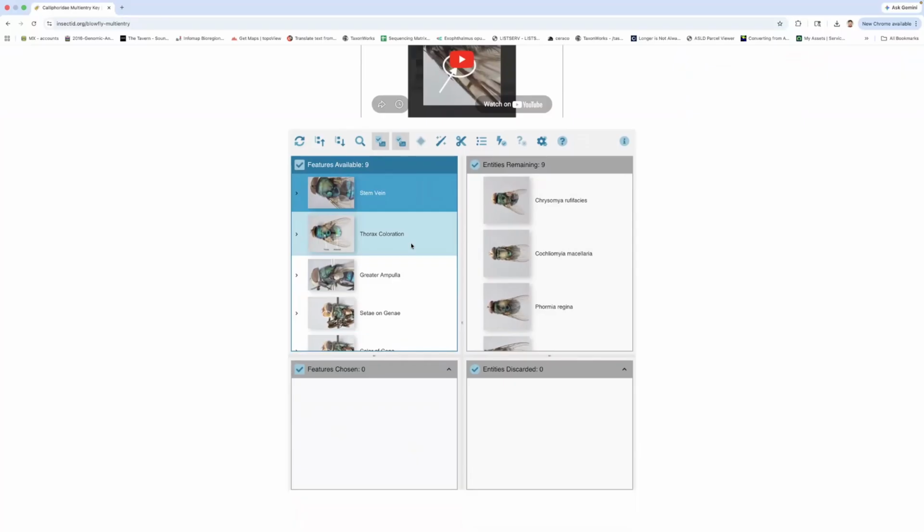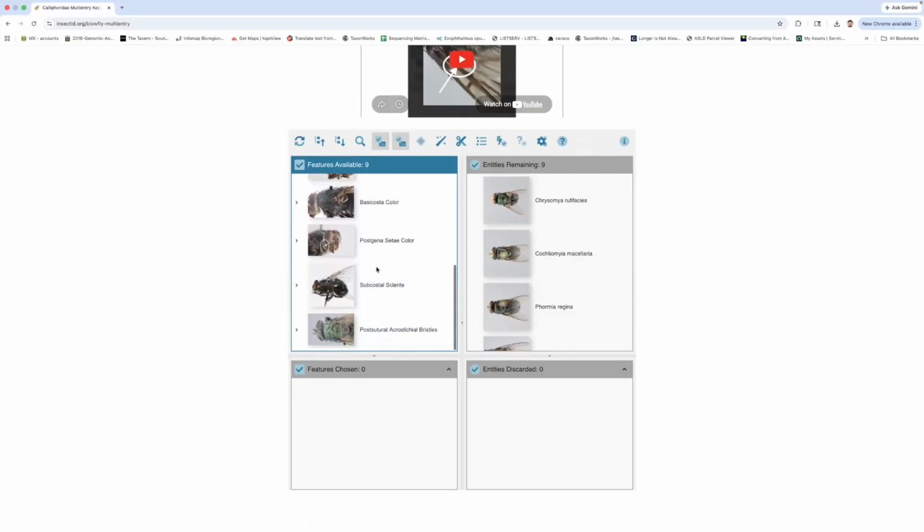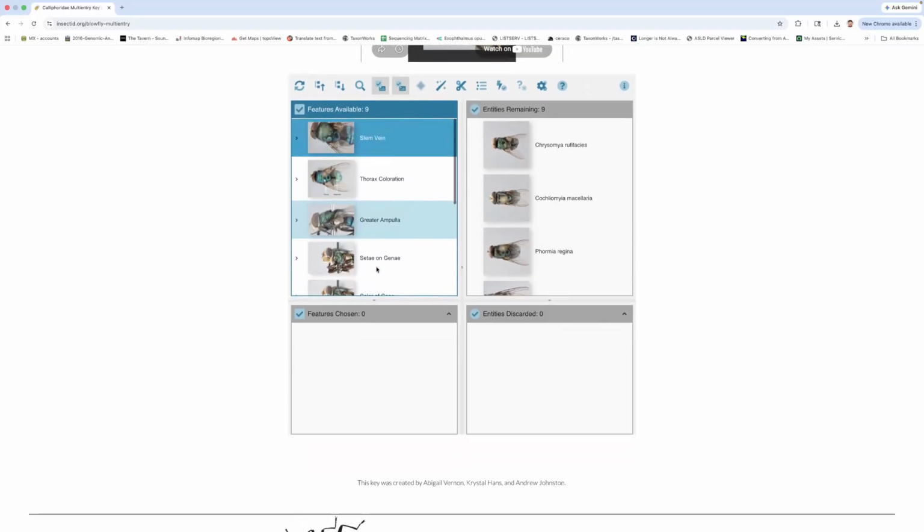that we decide. On the left, we have the features that are possible to select and evaluate for our unknown fly. And on the right, we have all of the species that remain. As we select characters here, these features will appear in the lower box for the features that we've chosen. And as that screens out species that it could possibly be, those discarded species will appear in the box below that. So we can scroll through all of these features that are available and decide which one we want to